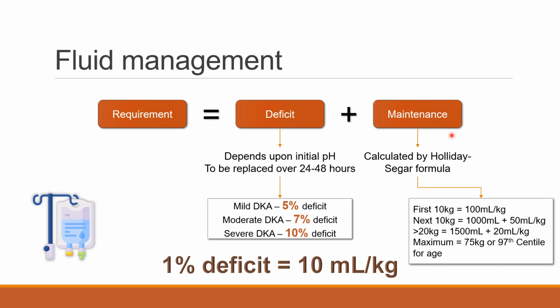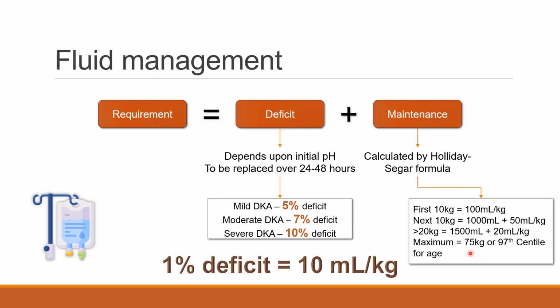And the maintenance, everyone knows this famous formula. The maintenance fluid for a particular child is calculated by the famous Holiday-Segar formula. What is the Holiday-Segar formula? For the first 10 kg it is 100 ml per kg, for the next 10 kg it is 50 ml per kg extra over the 1000 ml, and for any additional weight above 20 kg it is 20 ml per kg. Maximum for a